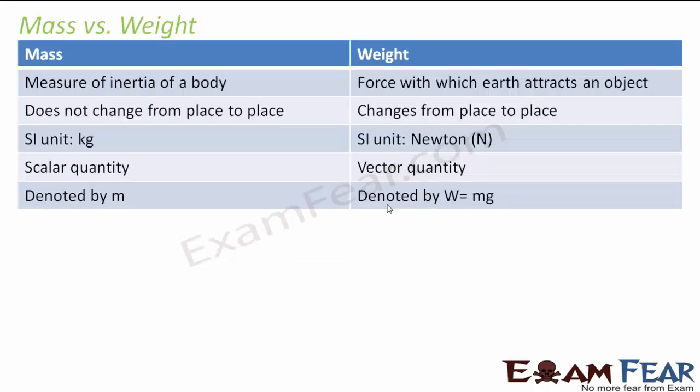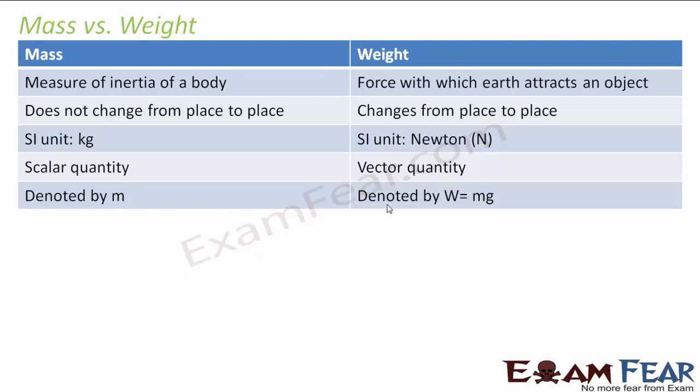Now that we have spoken about the acceleration due to gravity, it is very important to talk about weight. Most of us often consider mass and weight as synonymous. We often go to a grocery shop and we say that I want 1 kg of rice. So for us, that 1 kg is the weight of the rice, 1 kg is the mass of the rice. Many of us think that mass and weight are the same thing, that there is no difference between them. But that is a misconception. Mass and weight are two different things.